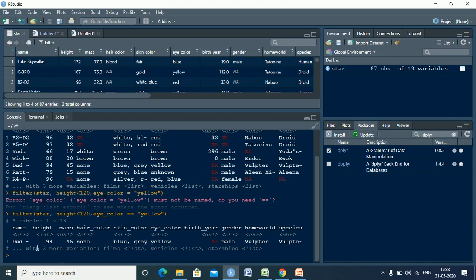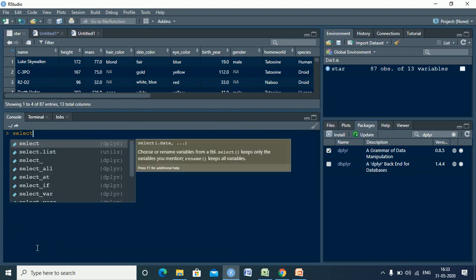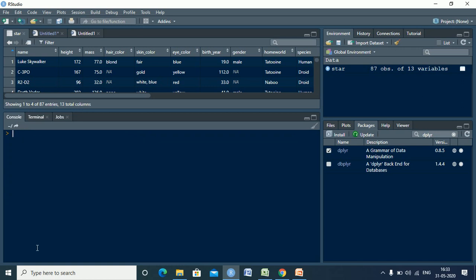Now in the same way, if you want to use an OR function, so it would be filter, star is the name of our data set, right? So in this case, my height should be less than 100.